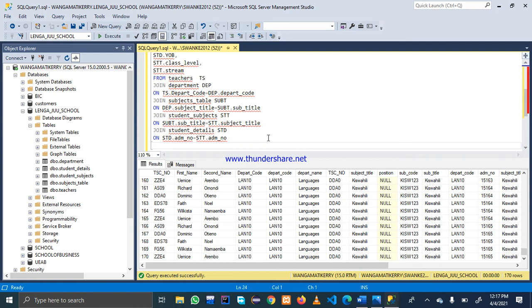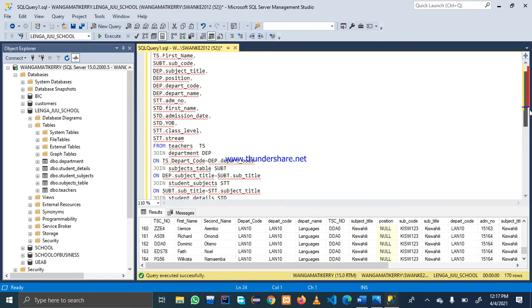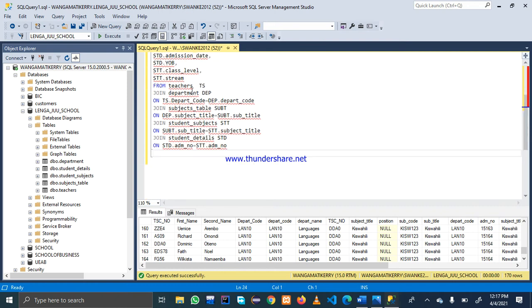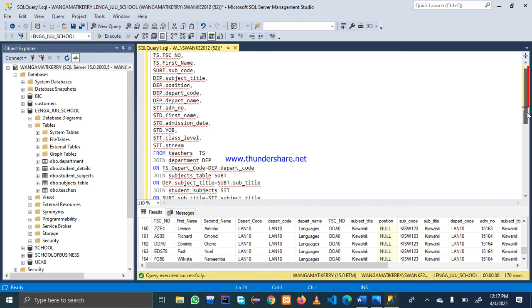Even the subject title. So that is all in short. So let us see what I did. Okay, what I did is I did table joining here. Using these aliases, I was able to select some attributes or fields to display on my table very well. I selected the TSC number, first name of the teacher,